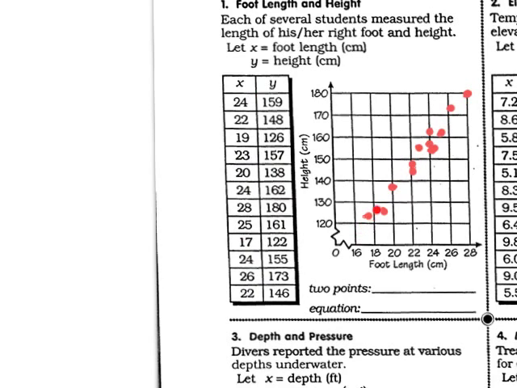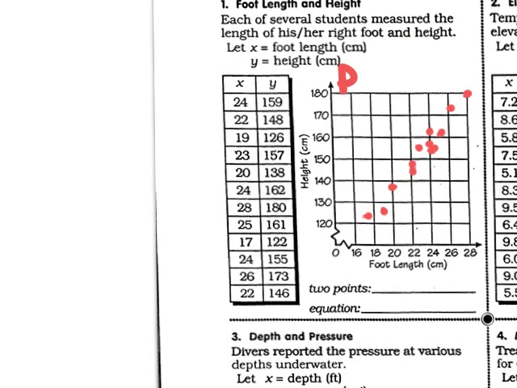In this problem, we generally see that as the length is increasing, the height is also increasing. You can look back at the scenario here. It says several students measured the length of their right foot and their height. So in general, the bigger feet they have, the taller they are, and you can see that this trend happens in general. So we would call this a positive